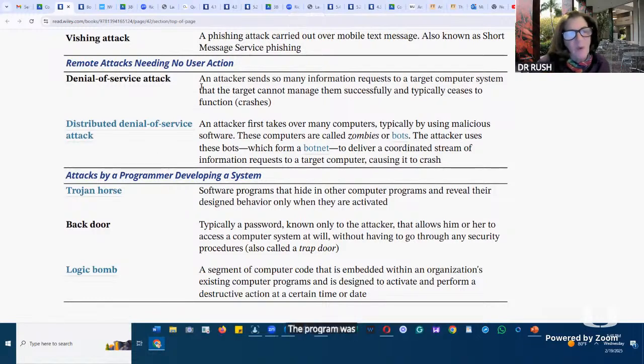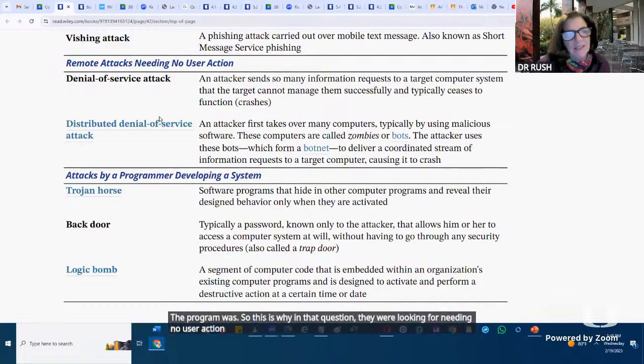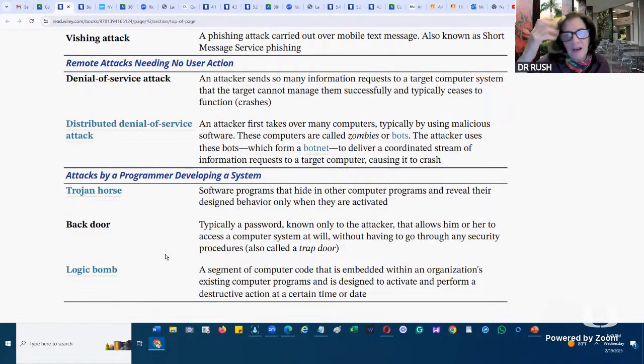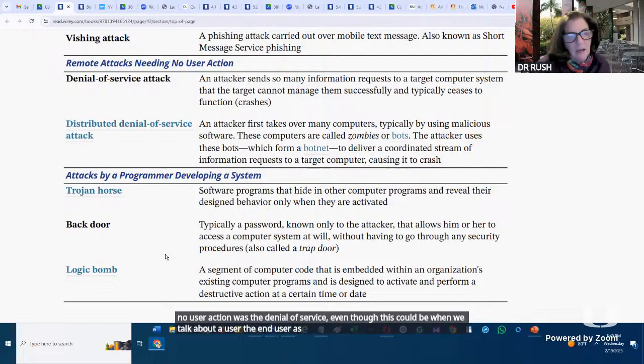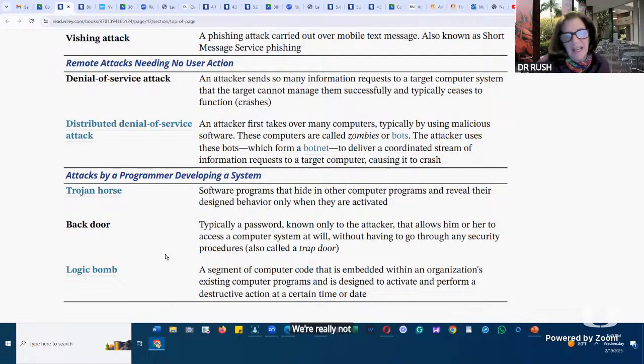So in that question, they were looking for needing no user action, which was the denial of service. Even though when we talk about a user, the end user as myself or you, Mark, we're really not taking any action on these, but it was done by us, by the software.